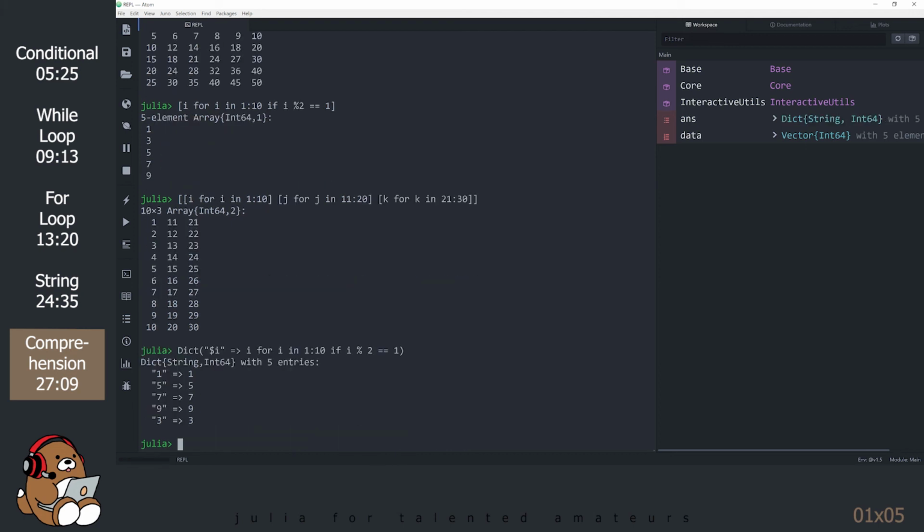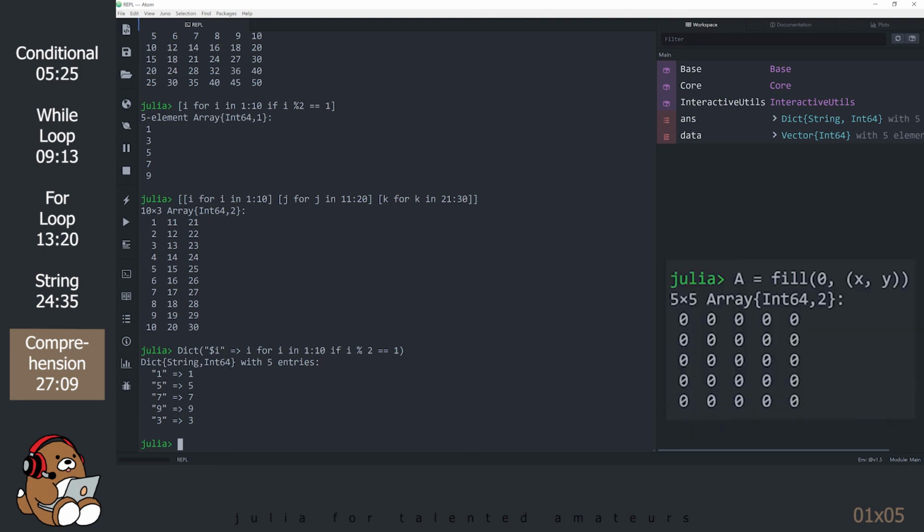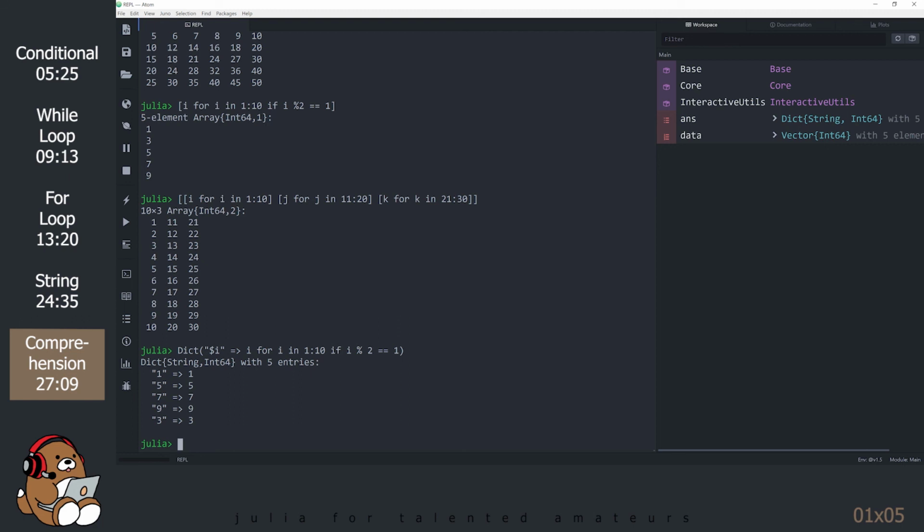The benefit of using comprehensions is that you can generate an array or a dictionary very quickly without having to set up an empty array or empty dictionary ahead of time. Recall earlier in this tutorial when we used for loops to populate arrays, we had to set up an array filled with zeros before we could use a for loop to mutate it. The condensed format of the comprehension may be a little confusing at first, but just remember they are just compact versions of for loops combined with the constructor syntax for arrays and dictionaries.